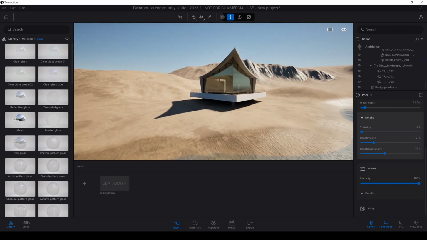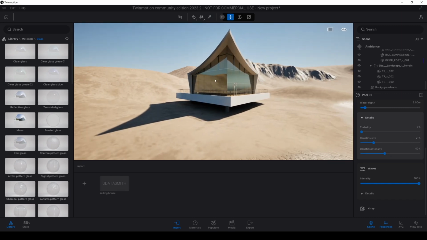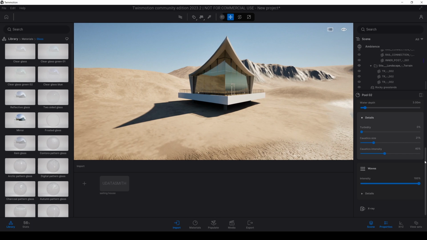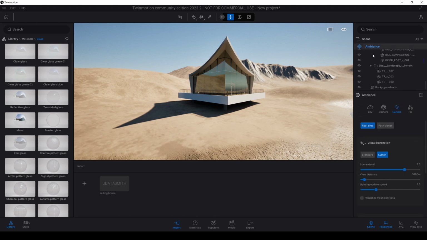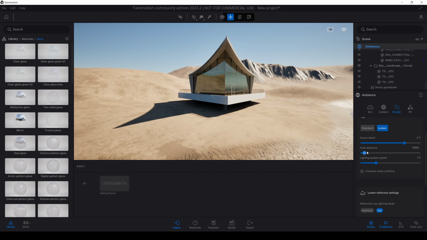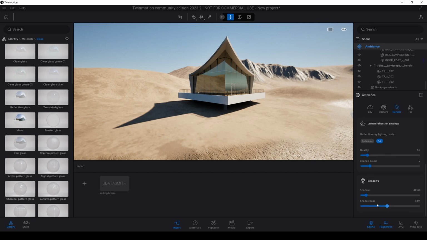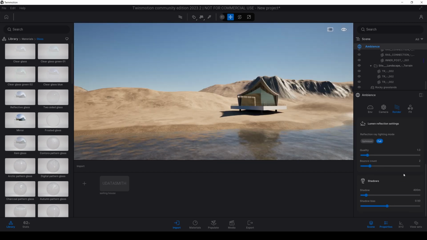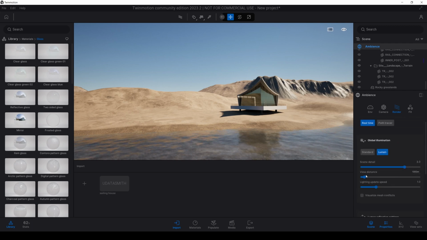By the way, if you see white artifacts in your model, it's about the shadow distance. This view distance, you can change this value. And also you can change this shadow bias. If I look from here, I can increase this view distance.